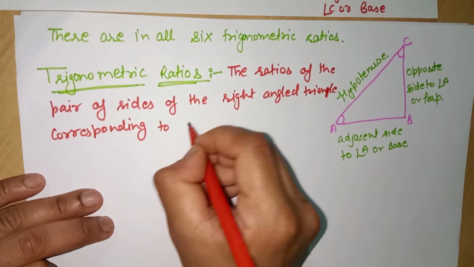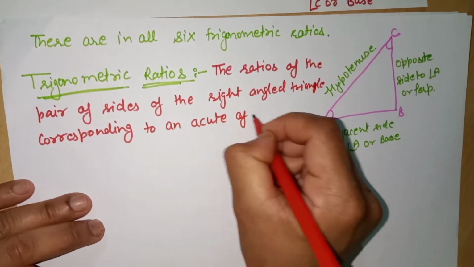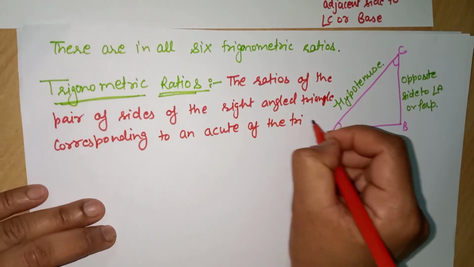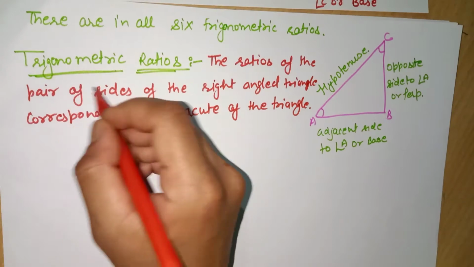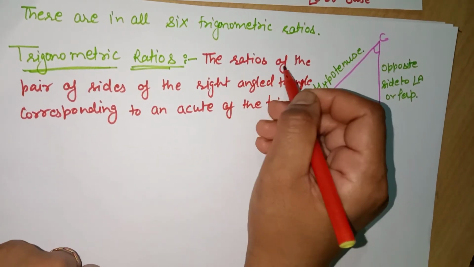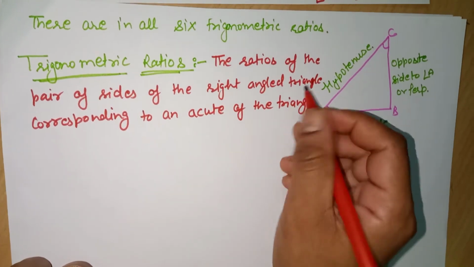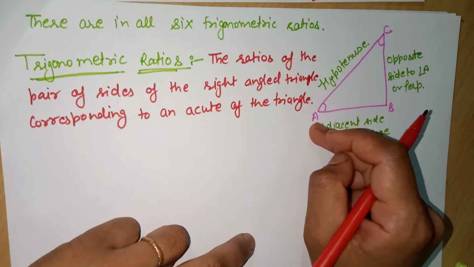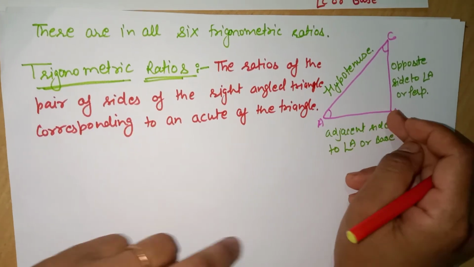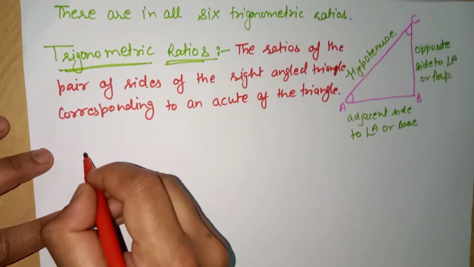corresponding to an acute angle of the right angle triangle, the same right angle triangle. These are called trigonometric ratios: the ratios of the pair of sides of the right angle triangle corresponding to an acute angle of the triangle. For example, if I consider A as an acute angle here, then the 6 trigonometric ratios are here: